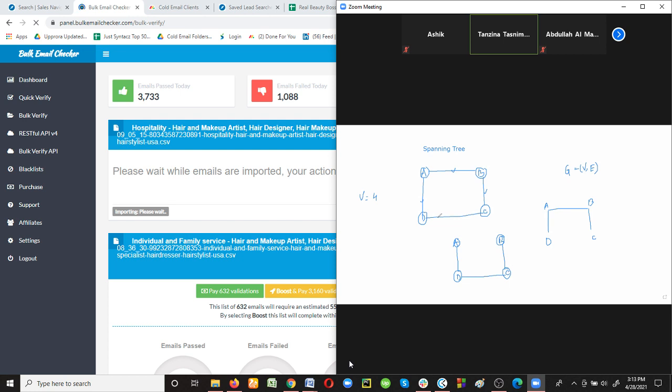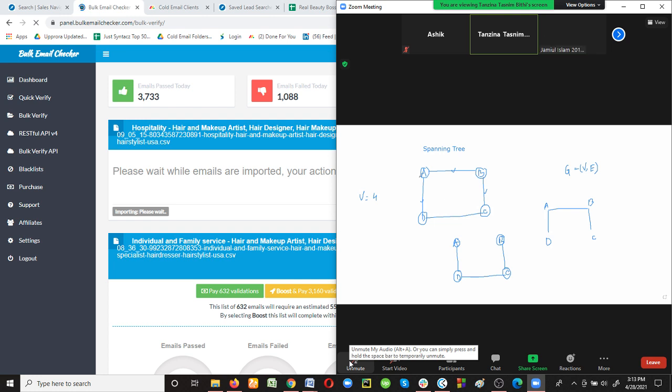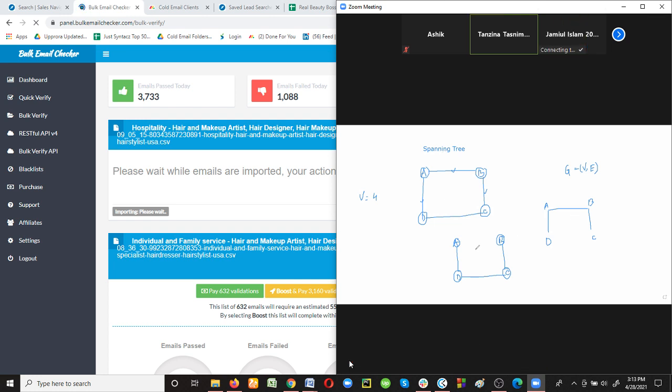That means from one connected graph, we can create how many spanning trees? So many, right? And if all these structures can be considered spanning trees, then how can we find out which one is the minimum spanning tree? For finding the minimum spanning tree, at first we have to assign some edge values. So these are our edges. Here, if we assign some values like 1, 2, 3, and 4, and after taking some spanning tree,